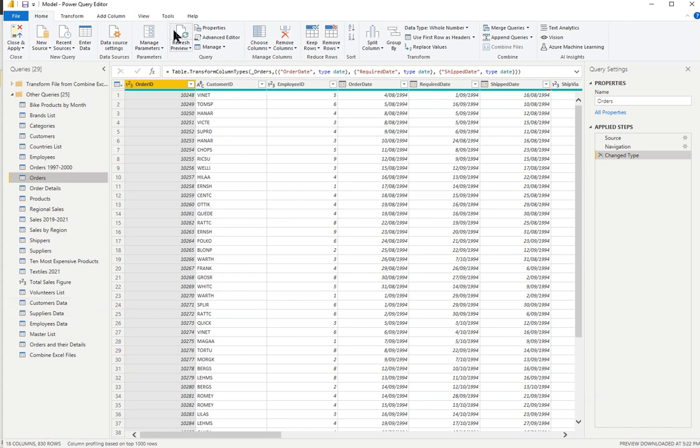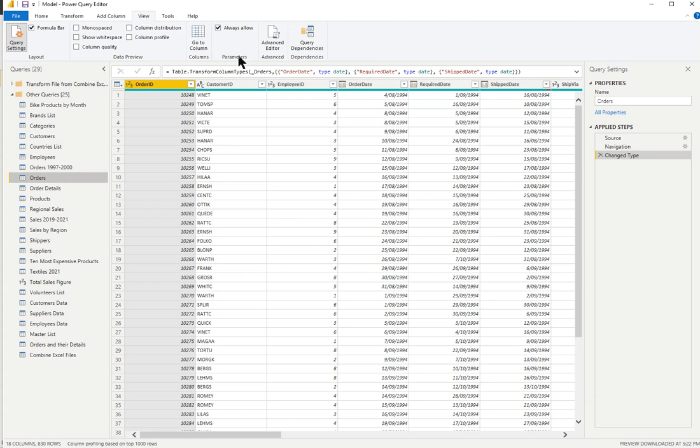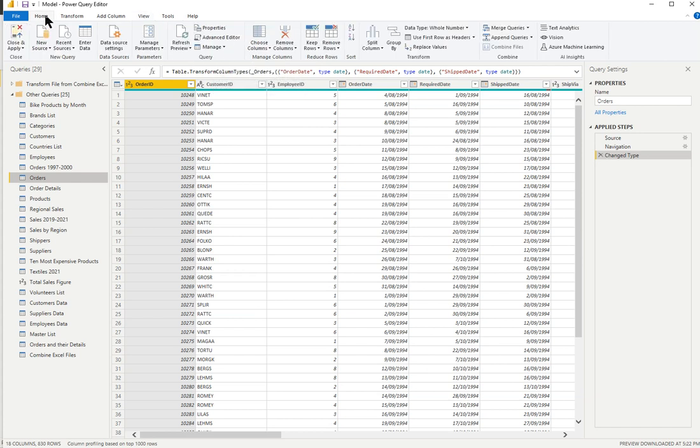Now, if you're going to use parameter queries, you have to go to View, you have to go to Parameters and make sure that this option's ticked. And once you've ticked it, it stays on, so it's all good. But you need to turn that on if you want to use parameter queries. So then I want to go back home, and now I want to go to Manage Parameters and choose New